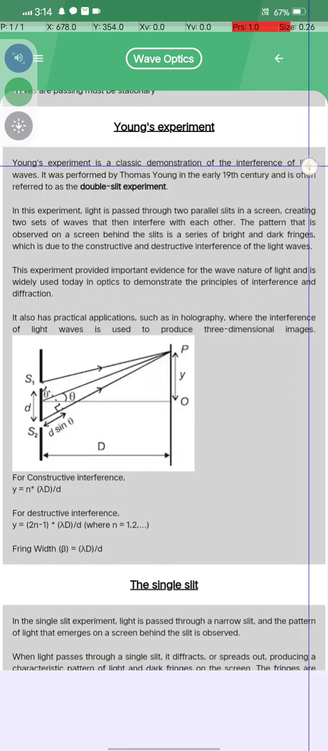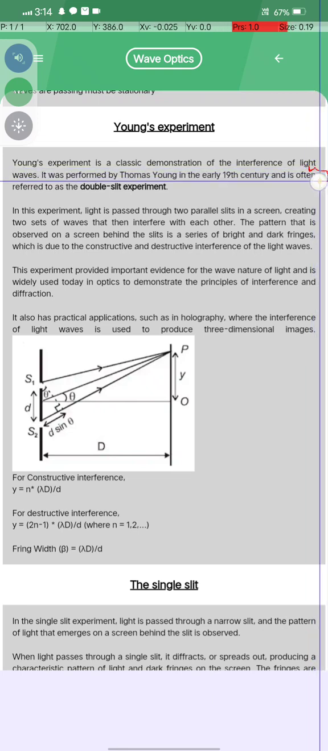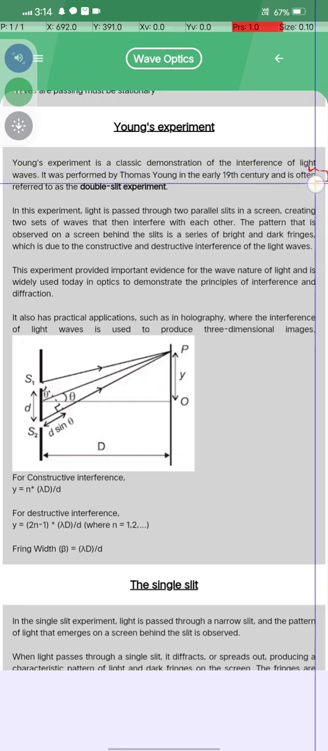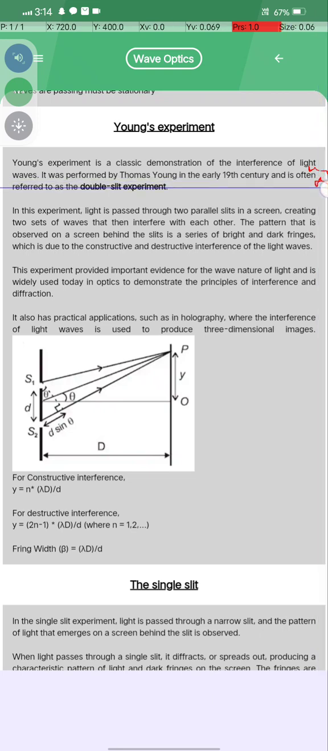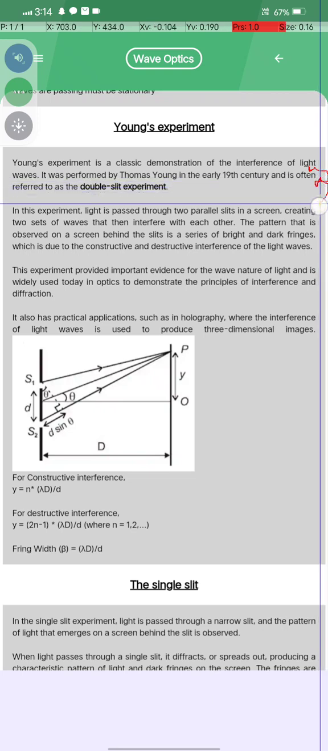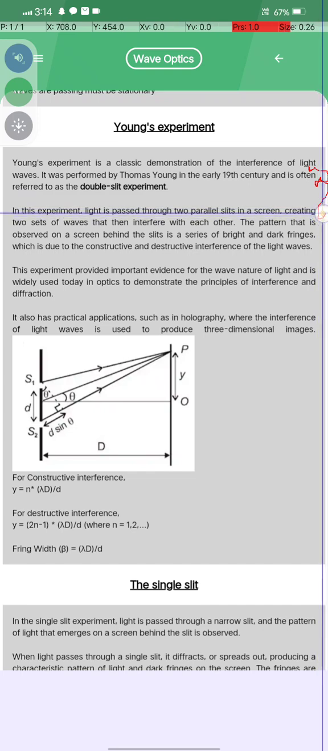Young's experiment क्या होता है? Young's experiment is a classical demonstration of the interference of waves, performed by Thomas Young in the early 19th century and often referred to as the double slit experiment. In this experiment, light is passed through two parallel slits in a screen, creating two sets of